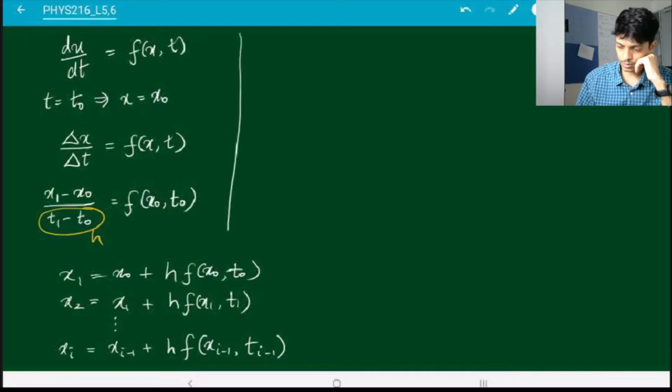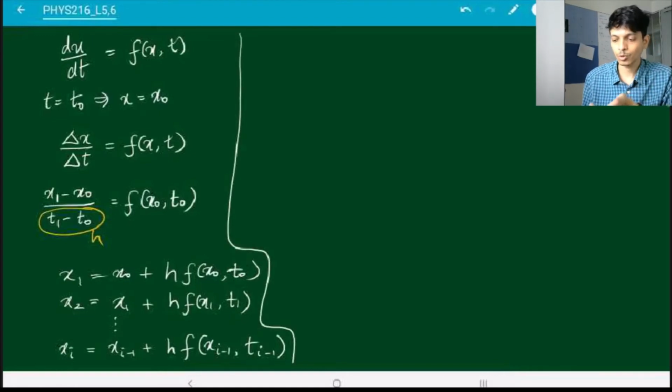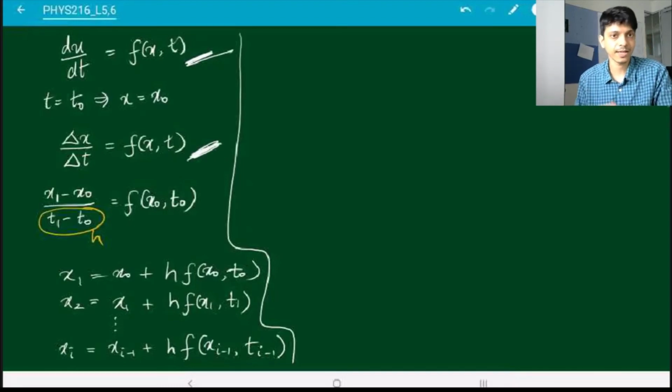It's the most straightforward thing. The only thing that we have used is what it means to do a derivative. Basically, we have written this as this. That is the basic definition of a derivative. Ideally, theoretically, delta t has to be infinitesimally small for this to be correct. But this is a numerical approximation, so we try to make delta t as small as possible, exactly the same as numerical integration. The smaller you make delta t, or h, which means the more steps n you take, the more accurate will be your answer. So here is how you solve a differential equation using Euler's method.